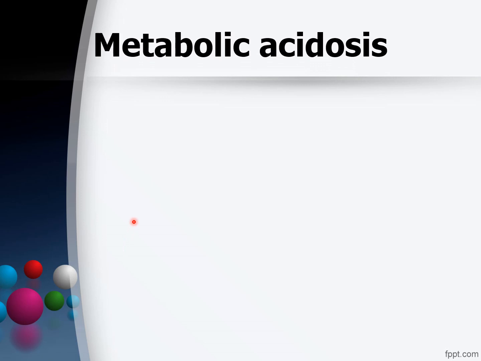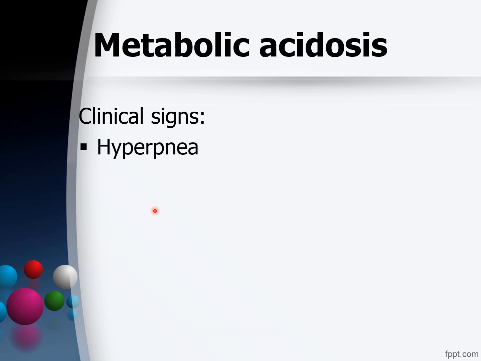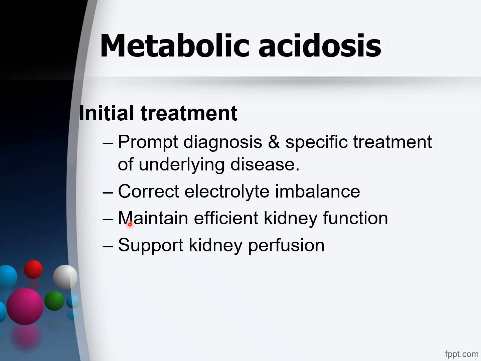Or the clinical signs of the metabolic acidosis. So the clinical signs most commonly associated with metabolic acidosis are hyperpnea and CNS depression. When we say hyperpnea, that is an increased minute ventilation. For the treatment of the metabolic acidosis, the primary or initial treatment is geared towards the prompt